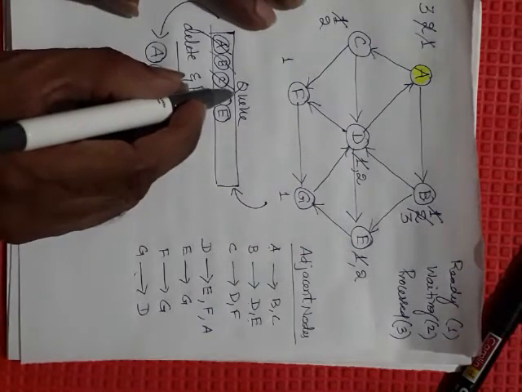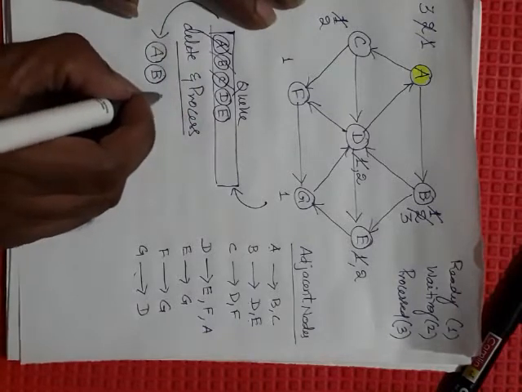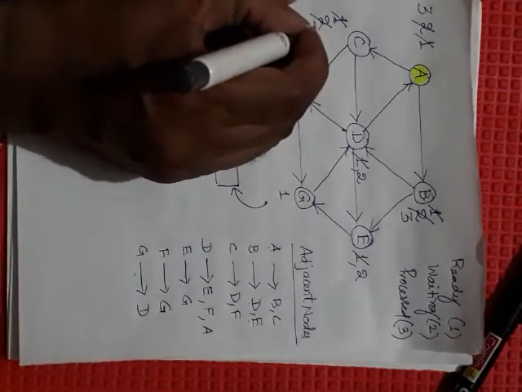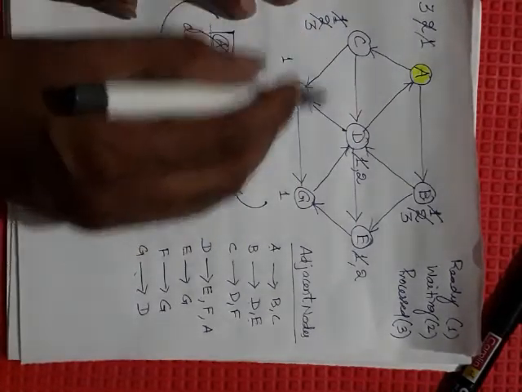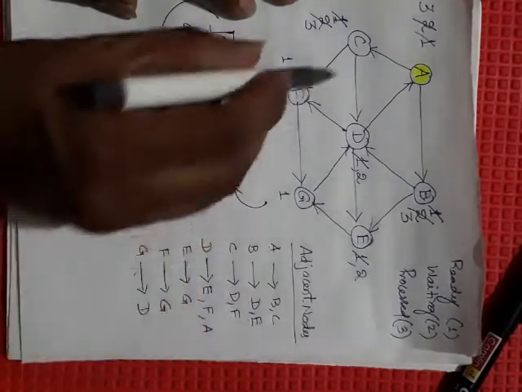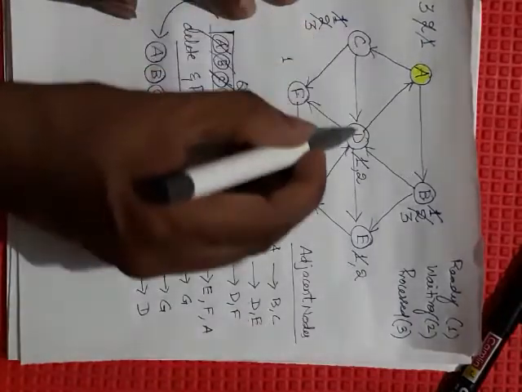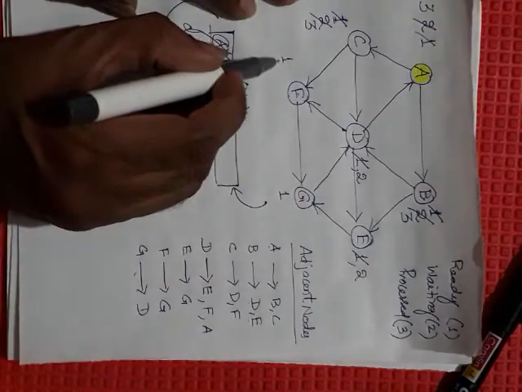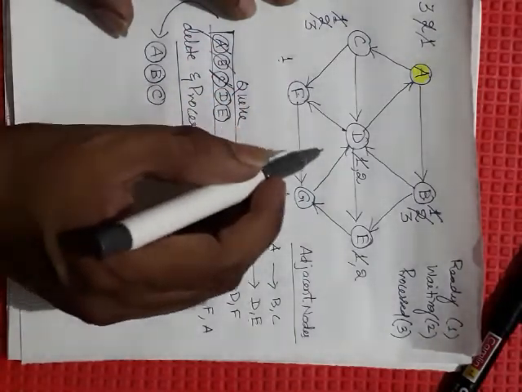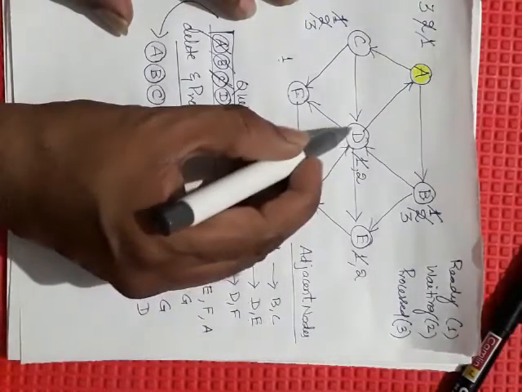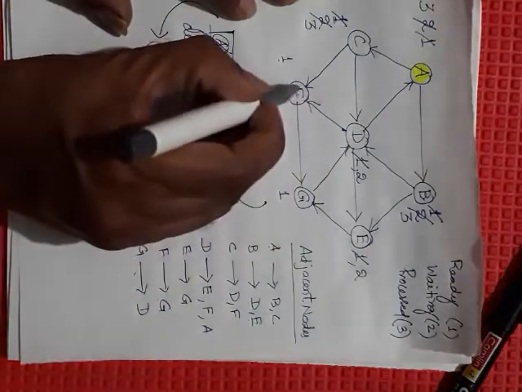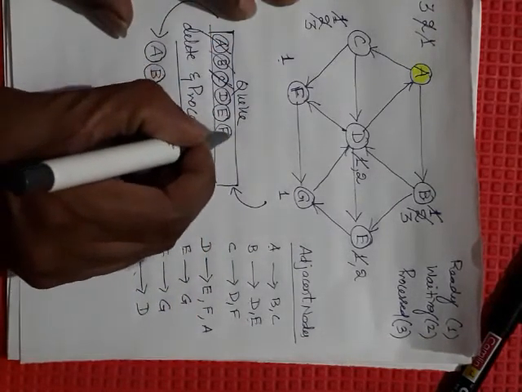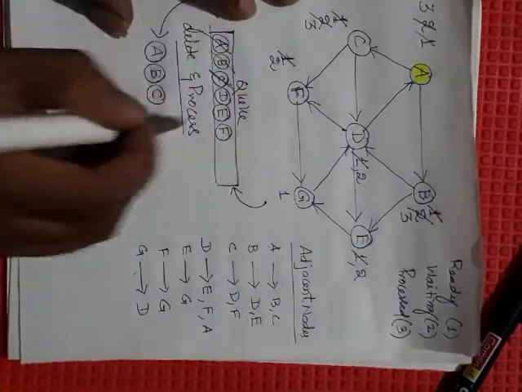Now while queue is not empty, remove a node, that is C, and process it. Once it is processed, change its state to process state. Then node C's adjacents are D and F. Now node D is already waiting. F is in ready state. For all adjacents which are in ready state, that has to be inserted. So D is not ready state, whereas F is in ready state because its state is 1. So F will be inserted into the queue.